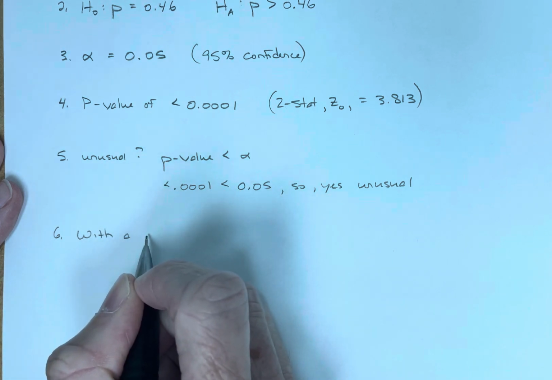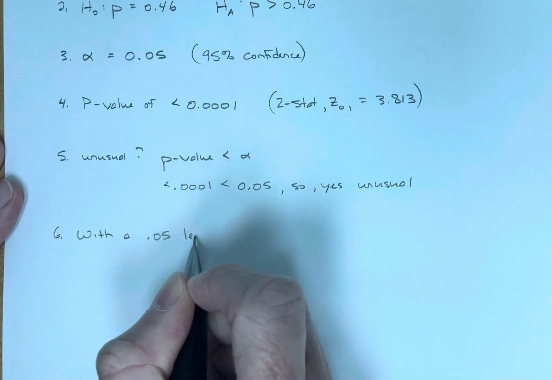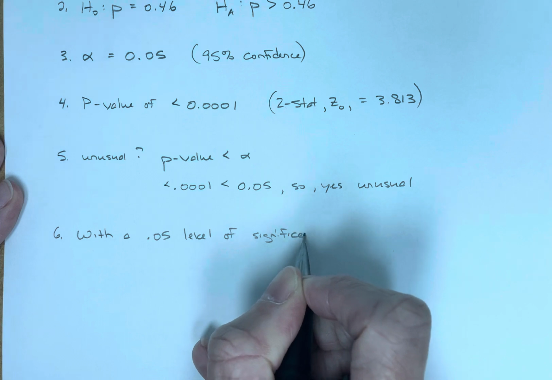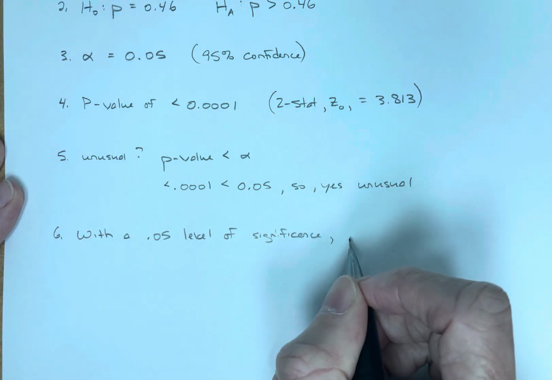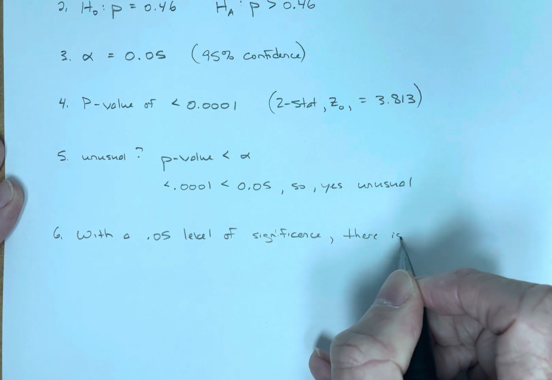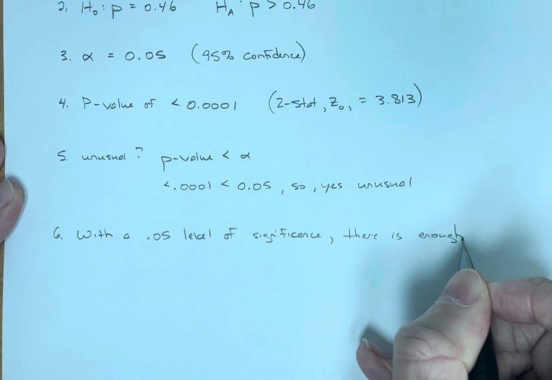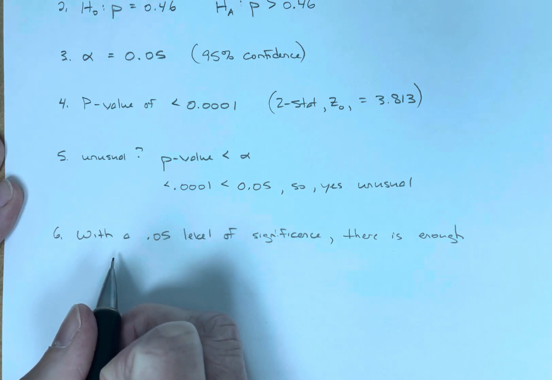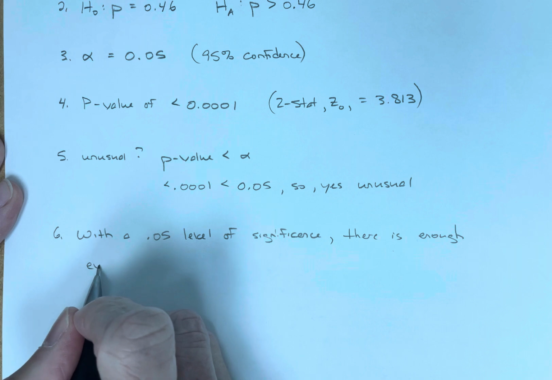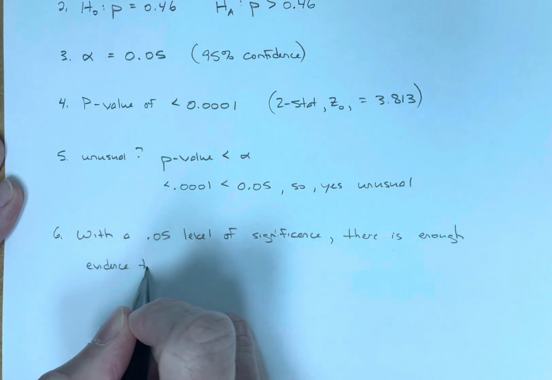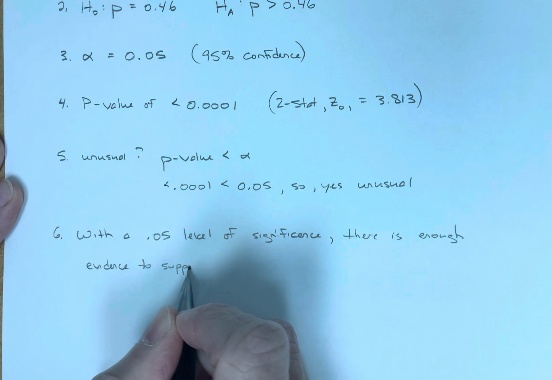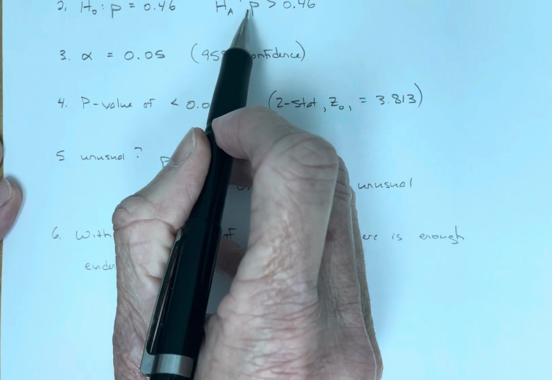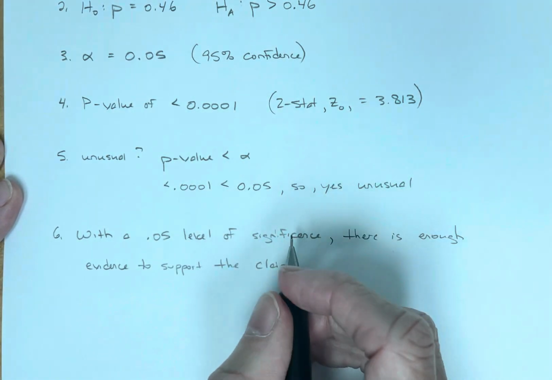With a 0.05 level of significance, there is enough evidence to support the claim. Remember, we're always going to talk about it from the alternative hypothesis, okay,